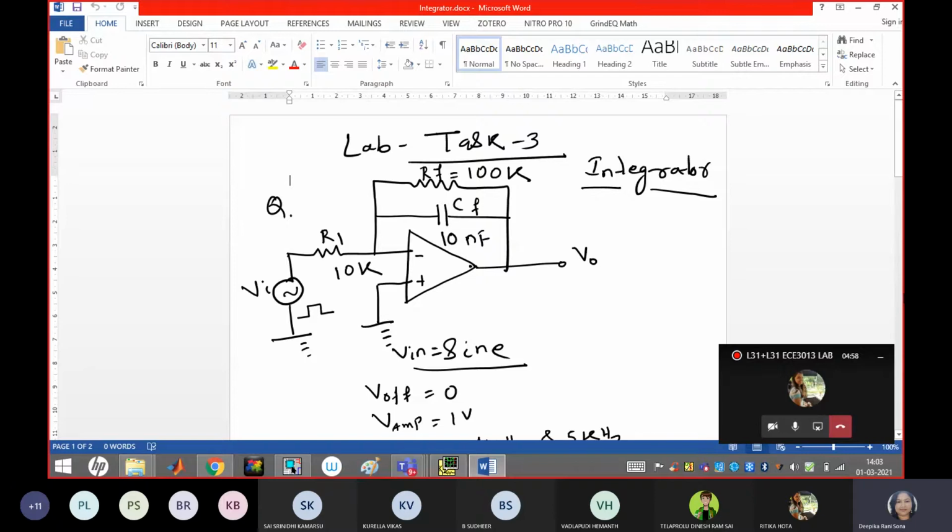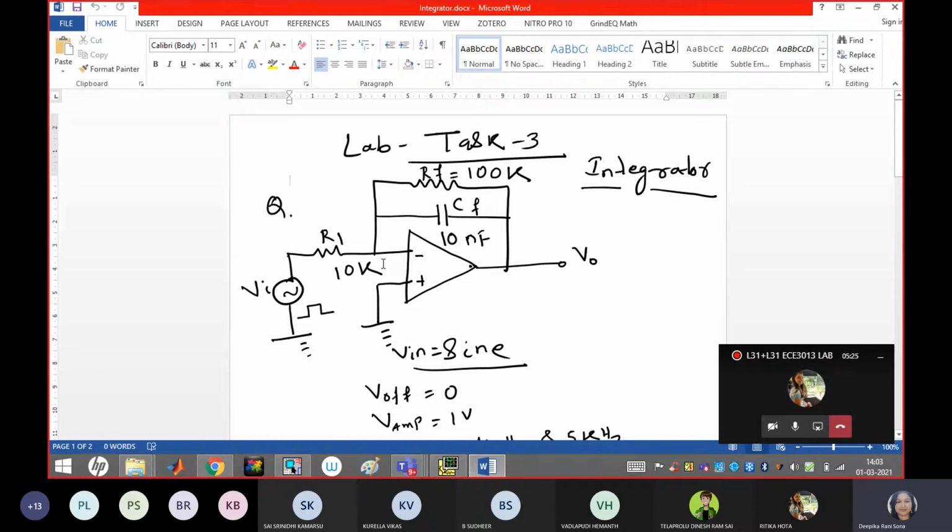Already in theory classes I have explained the integrator and differentiator circuit, and now we are going to design those circuits with the help of the operational amplifier. In theory these values, like RF, R1, CF, are not given. So how do we build the integrator circuit? By adding one additional feedback capacitor.